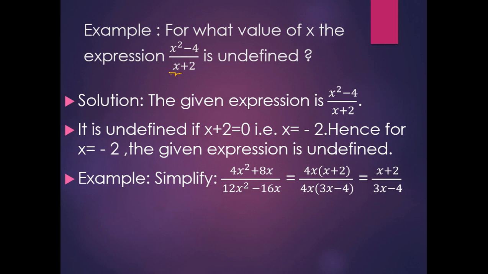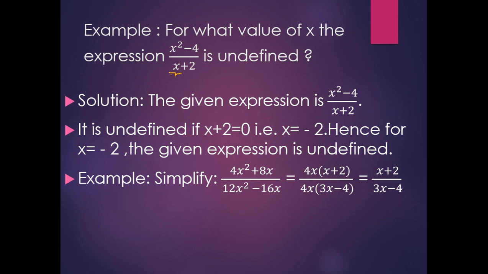So now we have the next example to simplify. Here 4x square plus 8x. While simplifying, first of all we should factorize numerator and denominator. For factorization, as I have already told in the previous video also, first of all we should check whether there is a common factor or not. So here 4 is common to both, and the smallest power will be common. Here x power 1 and 2, so the smallest power will be x power 1. So 4x is common. After taking out 4x from 4x square, x remains, and this 4 can divide 8 two times. This x has already come out, so x plus 2 remains inside.